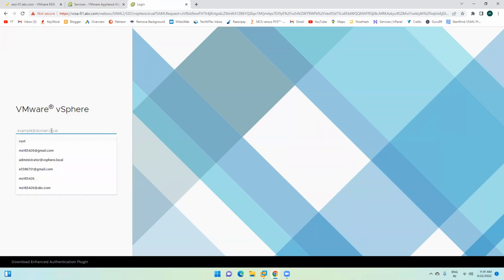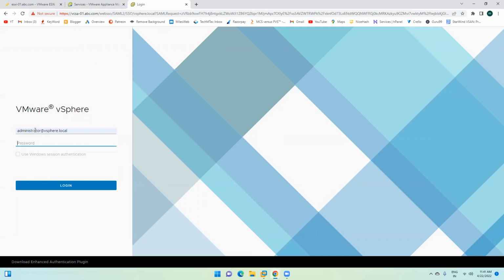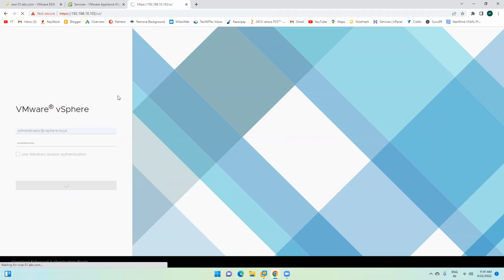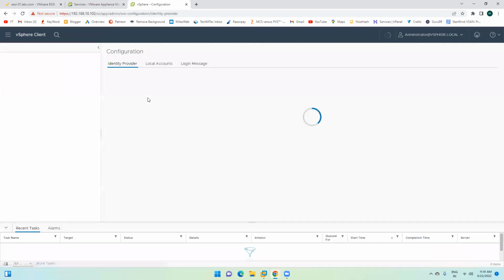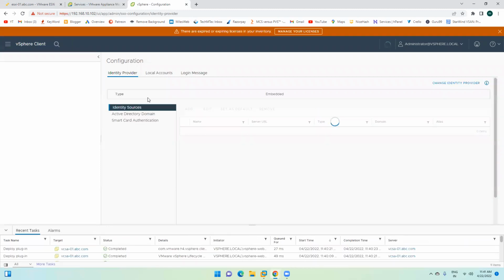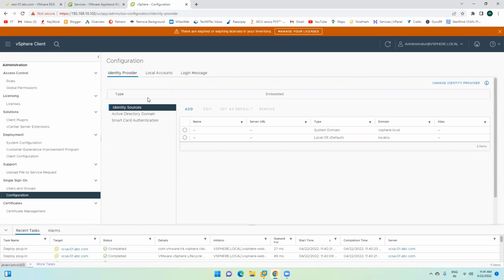Okay, so as I have shown you, we have recently joined that vCenter server appliance into our domain, correct? So now it's time to log into that machine with the local administrator. Let me enter the password for this user. Now, as I have joined this VCSA server into the domain, I have to manage that server with my domain user account. So for that, I have to add my domain user as an administrator for this